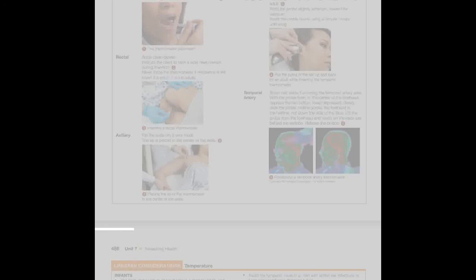M29B_Berm 4362_10_SE_CH29.IND485 February 12, 14, 5:51 p.m. 486 Unit 7 Assessing Health. Number 1